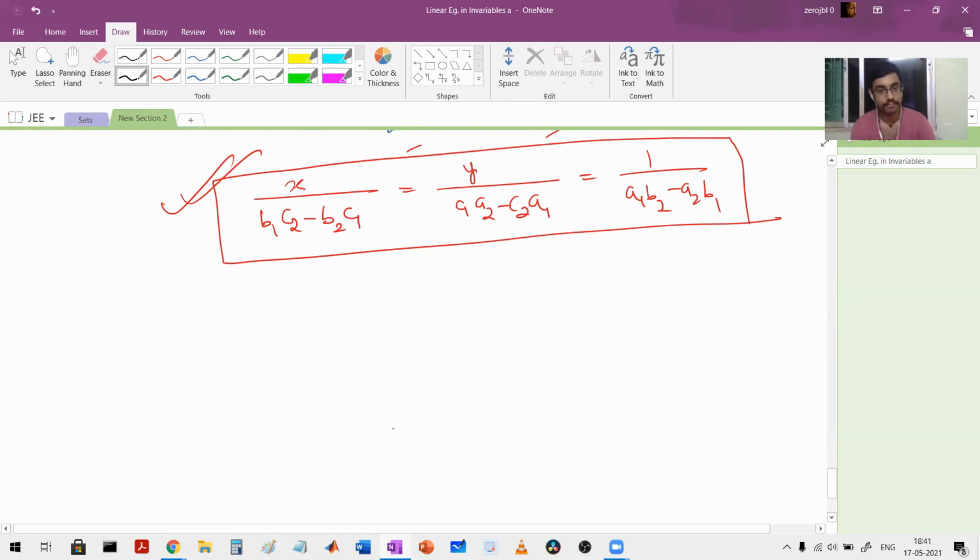Do this one thing. To memorize this, write x, y and 1. Clear? Simply write B1, B2, C1, C2, A1, A2. I wrote it like this. All the A here, I brought it like this. BCA. See, BCA is a course. You can remember it like this. Okay, is this clear?